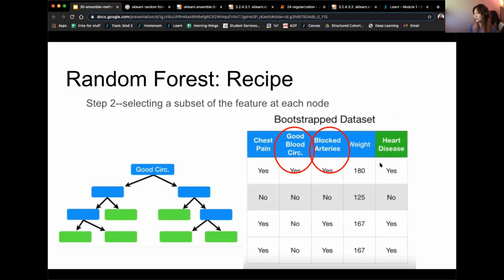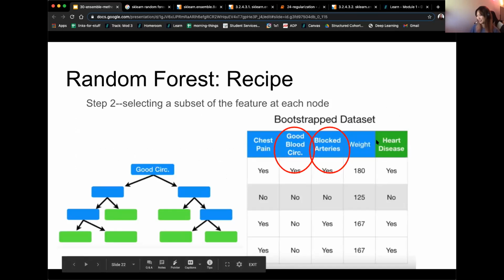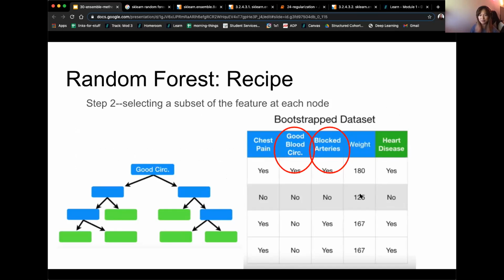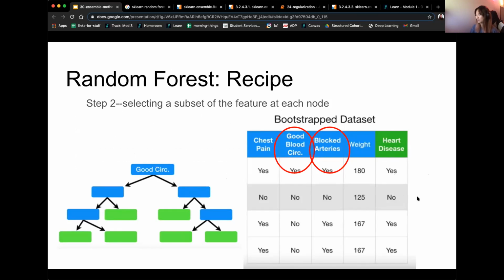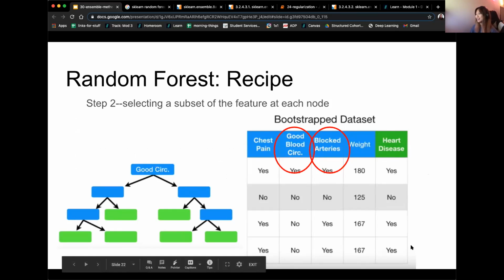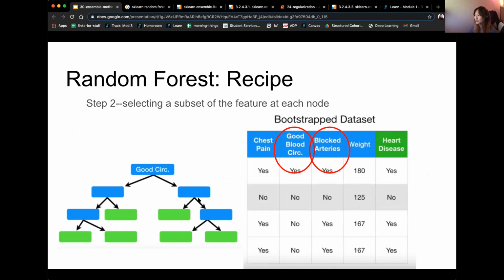All right. So kind of similarly, we have this bootstrap data set here. Again, I think this was the same example from before, where this is observation 2, number 1, number 4, number 4 again. With this bootstrap data set, for our very first tree that we're training, you can choose a subset of